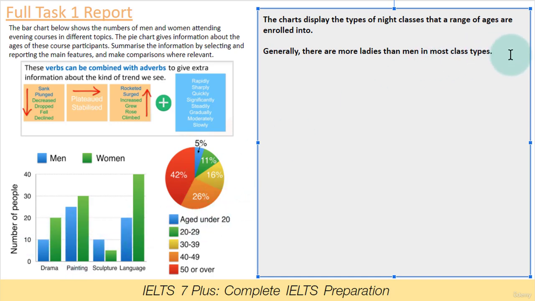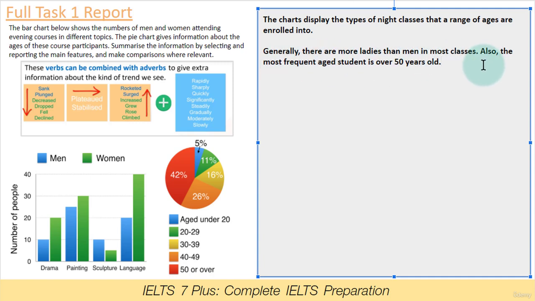And then we want to say also for the most popular, let's say, the most enrolled, or shall we say the most frequent age student is over 50 years old. Let's just read this back. Generally, there are more ladies than men in most classes. I'll change this. Short and sweet. Ooh, apologies. Also, the most frequent